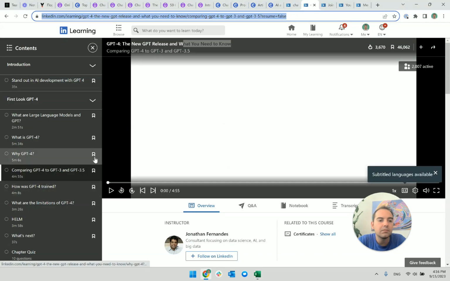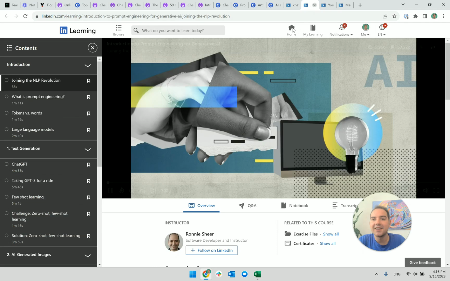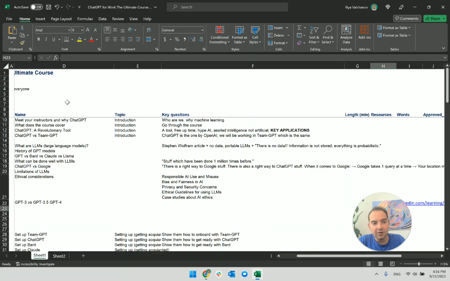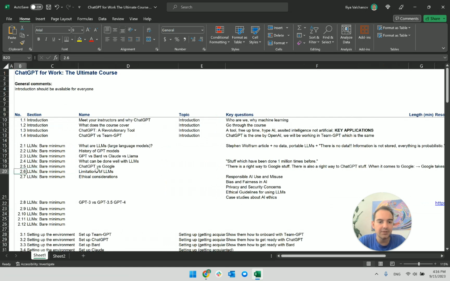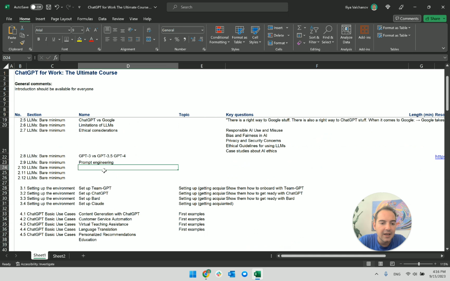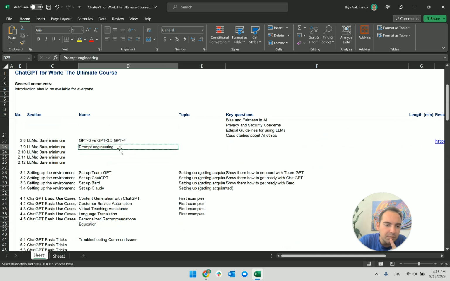Okay, cool. I found a new one. I didn't steal it. I just found another course, joining the NLP revolution. NLP prompt engineering. Prompt engineering, of course. How did I not think about this? What is prompt engineering? Now I don't want to put it here.